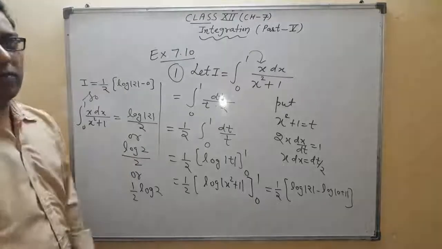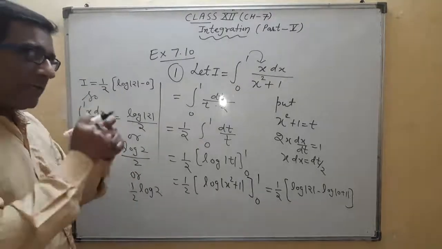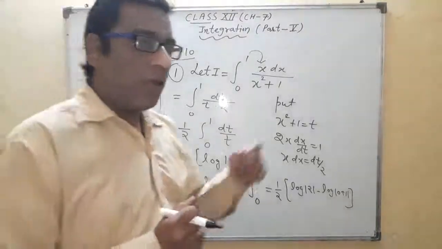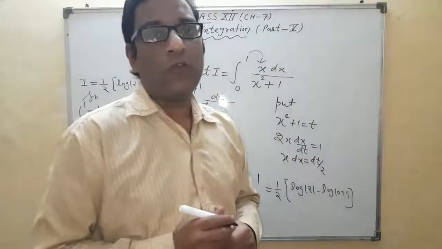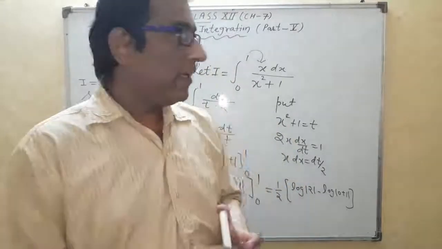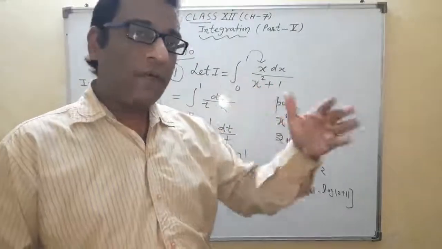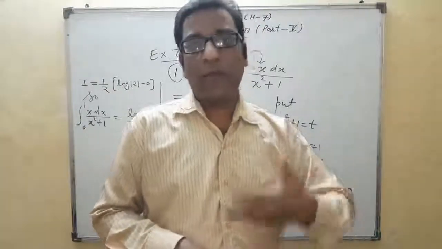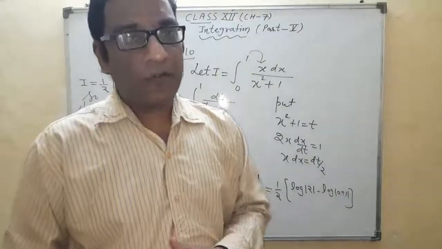So this is the way of solving the question which is based on definite integration, and definite integration is related with the second fundamental theorem of integral calculus. So I hope with the help of today's video, you will solve the questions related with exercise 7.9 and exercise 7.10. In these type of questions, you have to focus on the upper limit and lower limit. First, always apply the upper limit, then the minus sign, and then the lower limit, or you can say follow the concept of the second fundamental theorem of integral calculus.